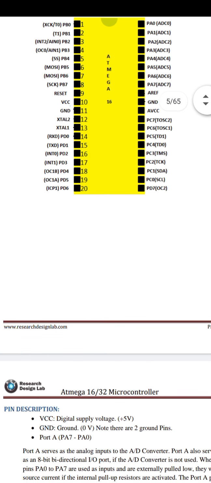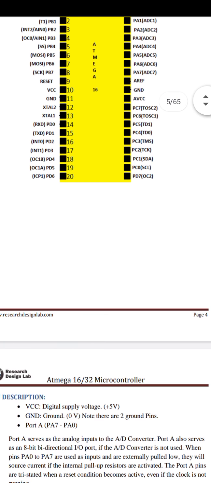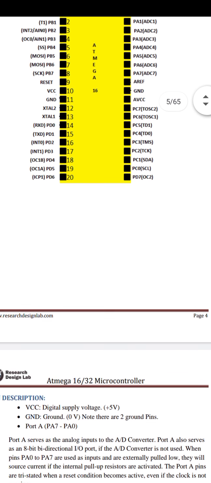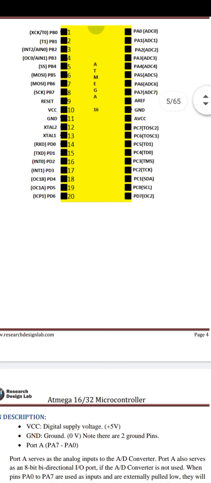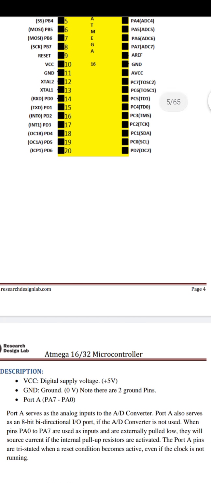Then port A, PA0 to PA7, is pin number 33 to 40. It is used for the ADC, the A to D converter. It is an 8-bit bidirectional input output port, and it is used for the ADC.